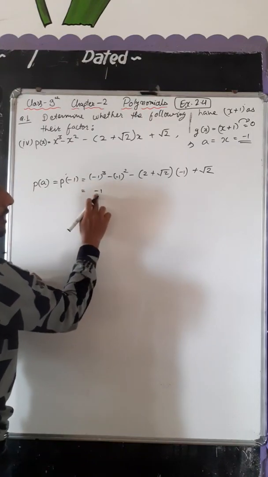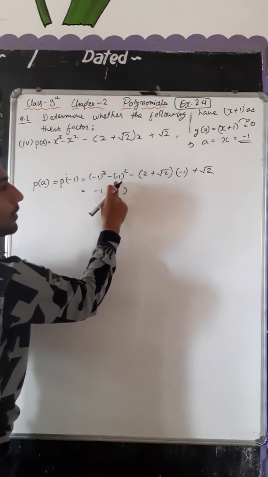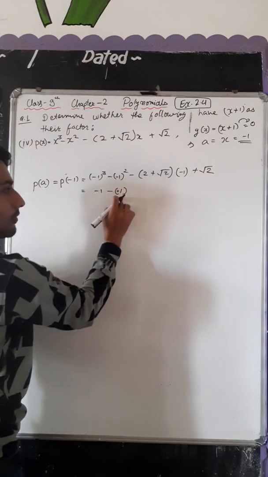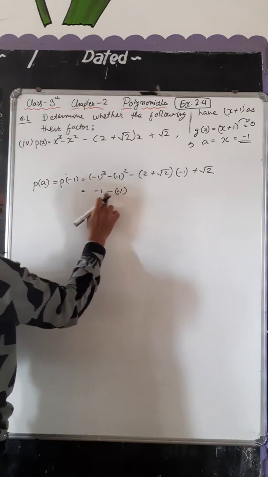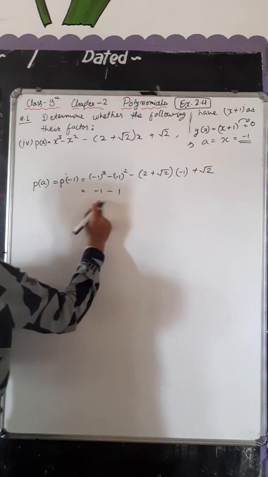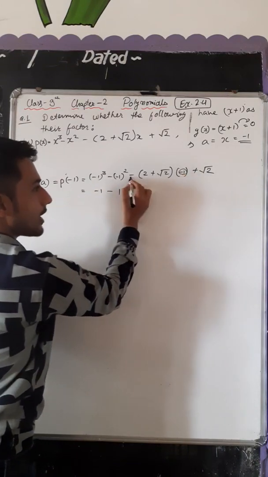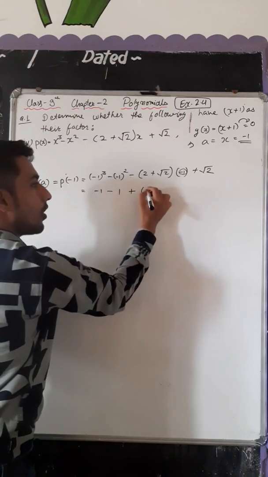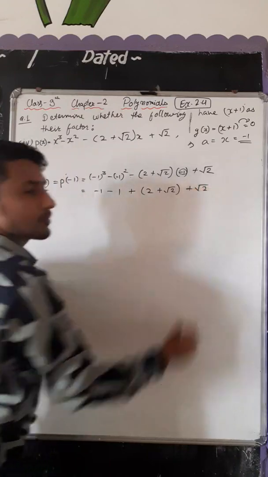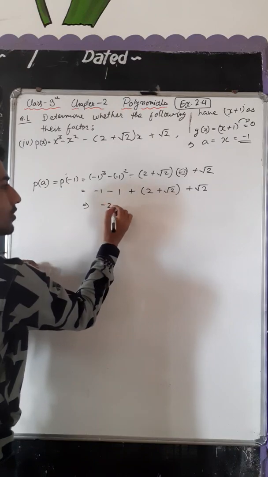Odd number है तो minus का sign आएगा. Then minus this will be even number. Even number will get plus of 1. We will get plus of 1 and plus into minus. Plus into minus is minus of 1. Okay. Now from here, this minus sign, multiply this minus sign and this minus sign, we get plus of 2 plus root 2 and root 2. If you solve further, this will be minus of 2.